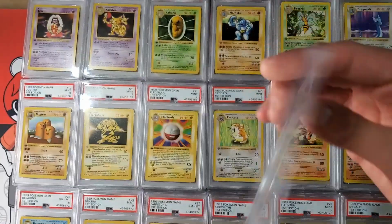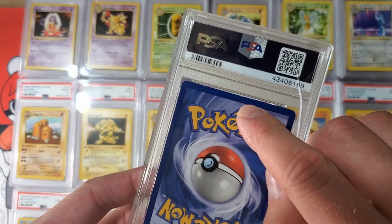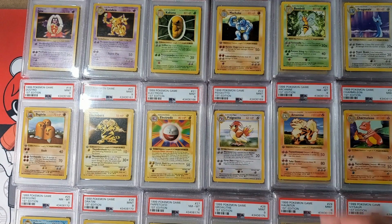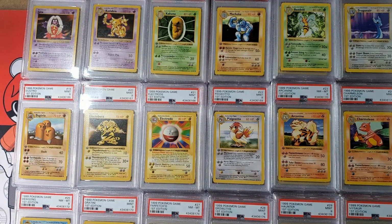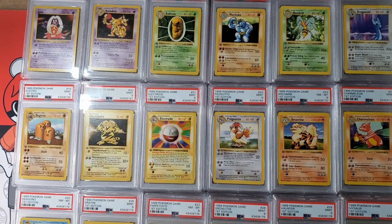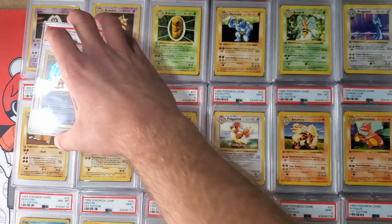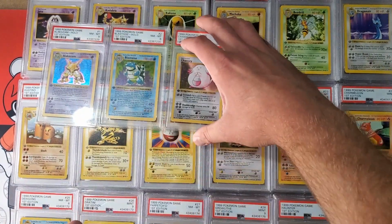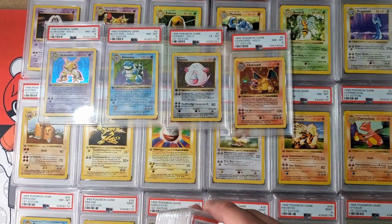It doesn't have to be on its own. With that whitening there, I don't think there's much of a chance you go to 10. But you just get it done quicker. You can include it in a full large submission. You don't have to just do a single card regrade submission. So I guess I'll just lay these out here first, and then we'll take a close look at Charizard. And